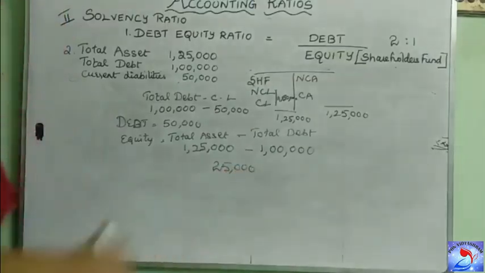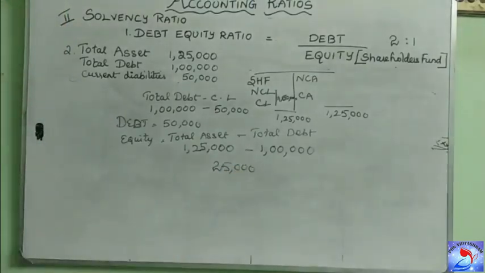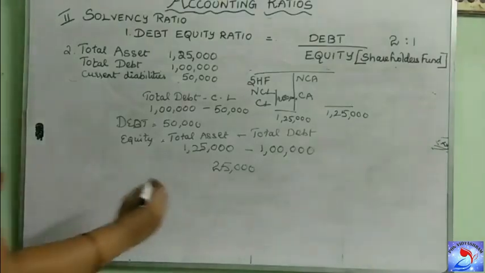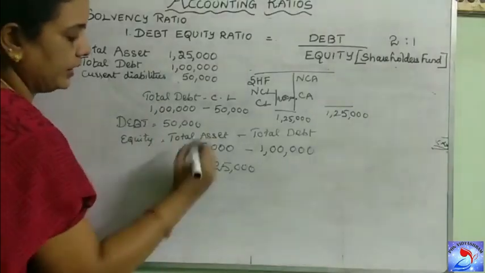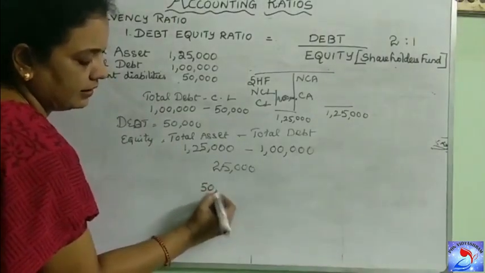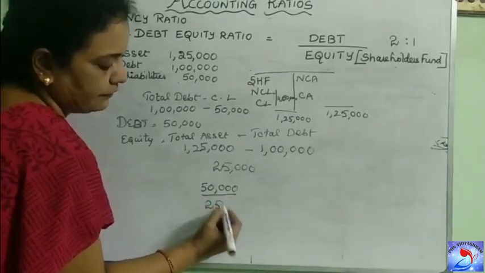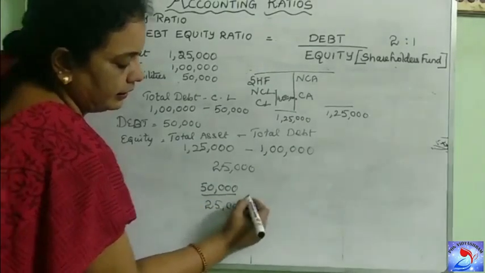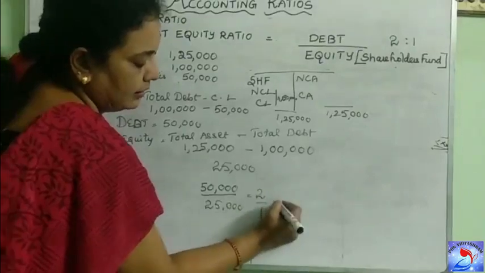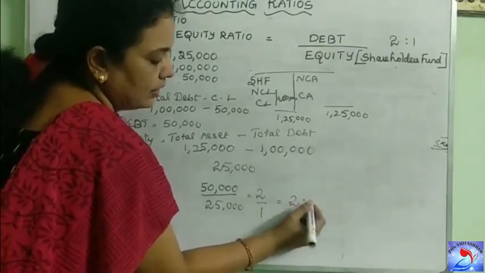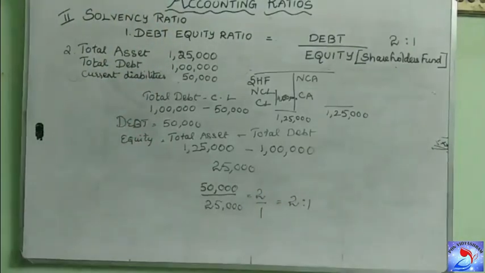When I apply the formula, debt by equity, debt is 50,000 divided by 25,000. I'll be getting 2 by 1, that is 2:1 is your answer for debt to equity